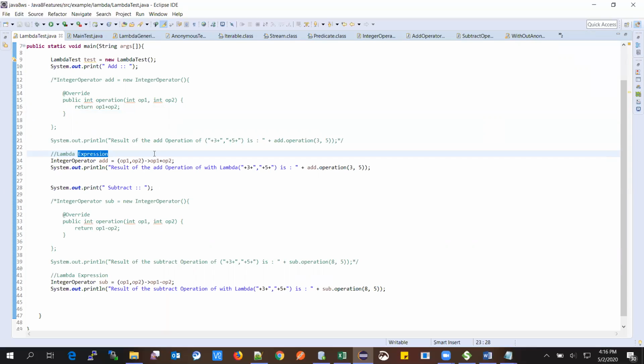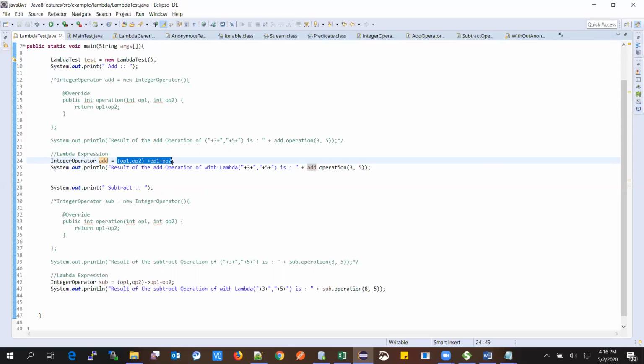I'm creating an object for integer operator, and the object name is add. In this statement, which is called a lambda expression, what I'm specifying is that integer operator is a functional interface which has only one method.